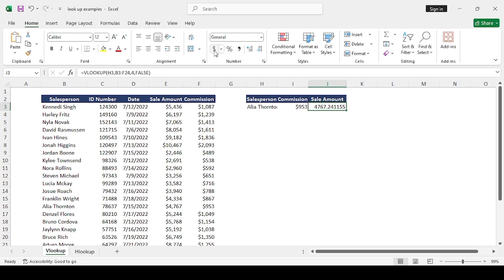Let me press my accounting formula dollar. You see now, that's 4764.24. That is Alia Thornton's. Alia Thornton is here, so it is correct. It's correct. If I want to go further to look for the ID number,